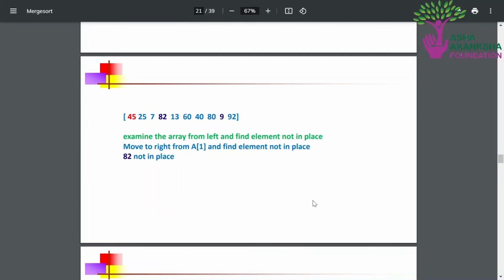Let's try to understand the partition algorithm with some other examples. So let's take this array as the input array. We'll examine the array from the left and find the element not in place. So we first have to place 45 in its correct position. We move right from the first index to find an element that is not in place. That means it is greater than the pivot. So we encounter 82, which is greater than 45. So we stop over here,